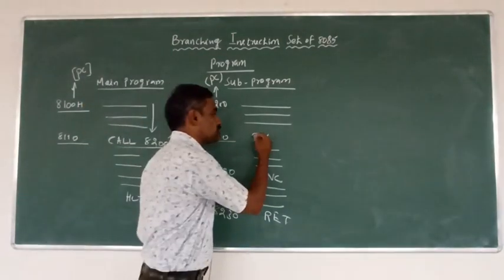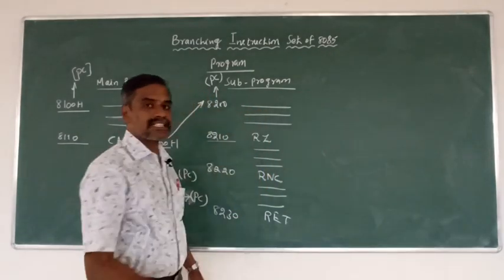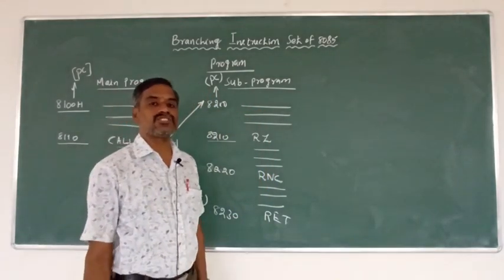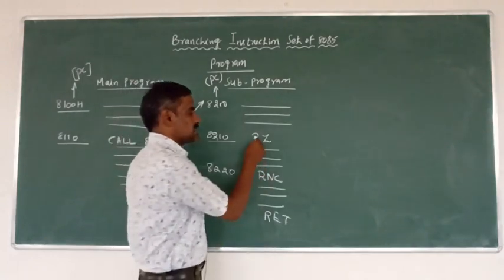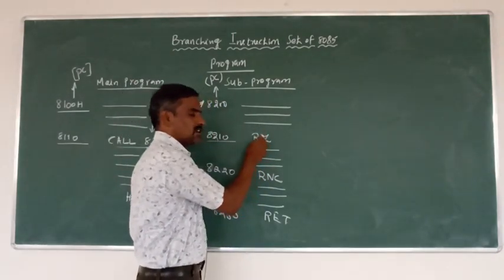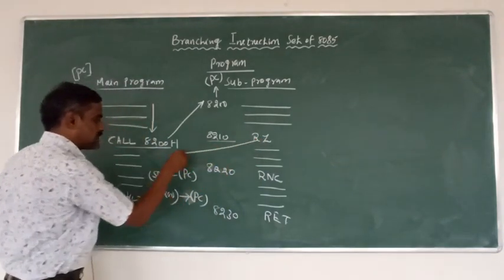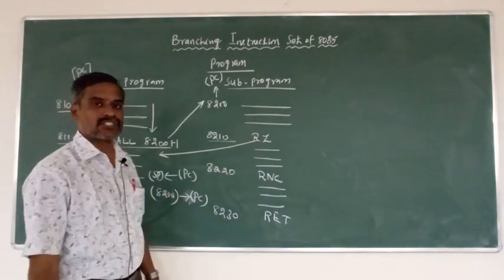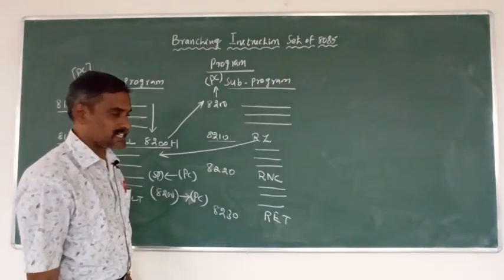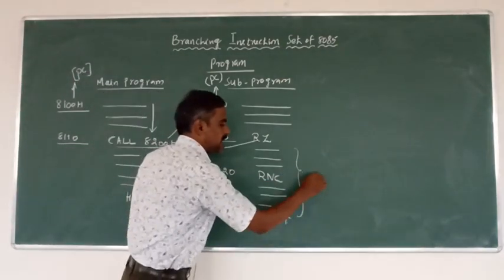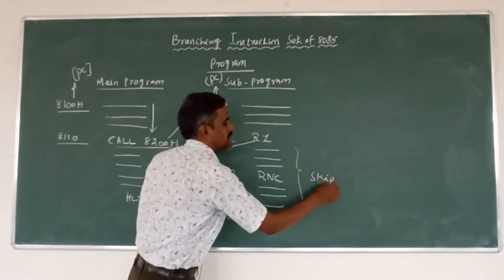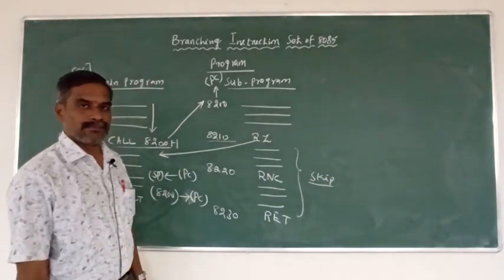We have to check the previous instruction result, whether the result is 0 or not. If the result is 0, this condition will be satisfied. Then it returns back to the instruction next to the called instruction, and the remaining will be skipped.